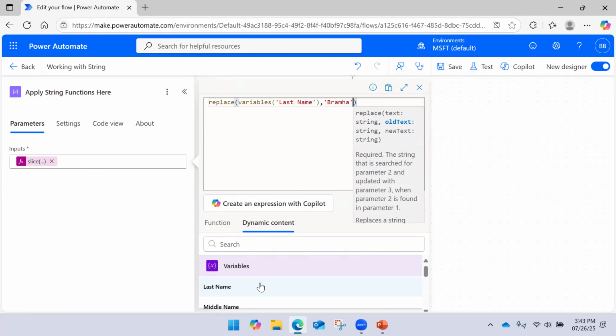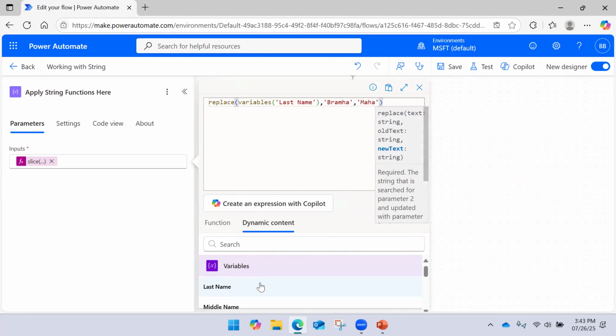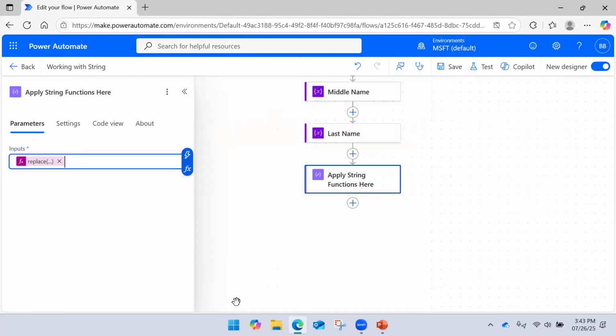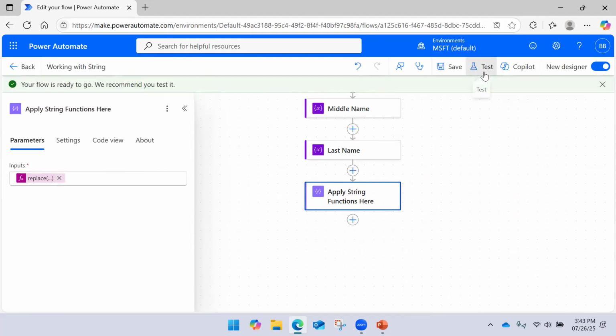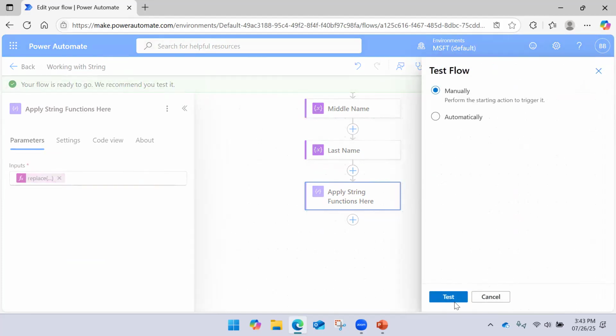I would like to replace this text with the new text called Mahadev. Okay, so Maha. And new string, comma. Okay, this is the requirement, right? Let me say update, save, and run the flow.